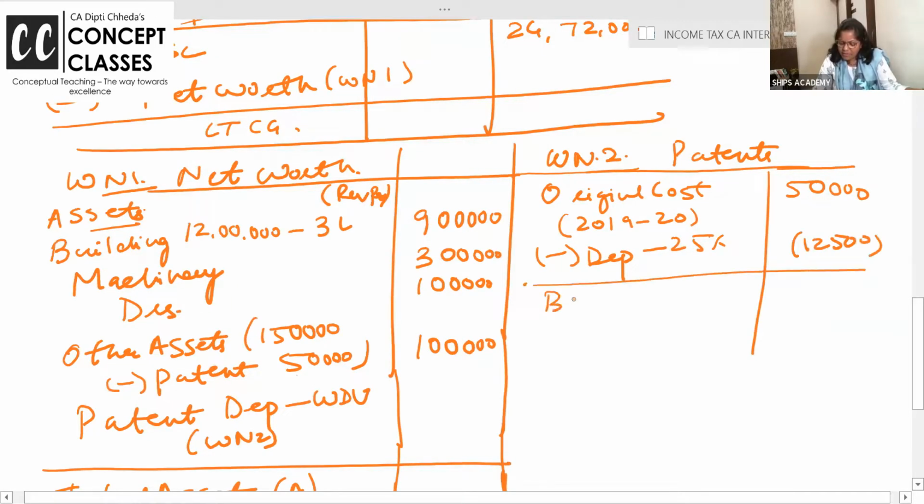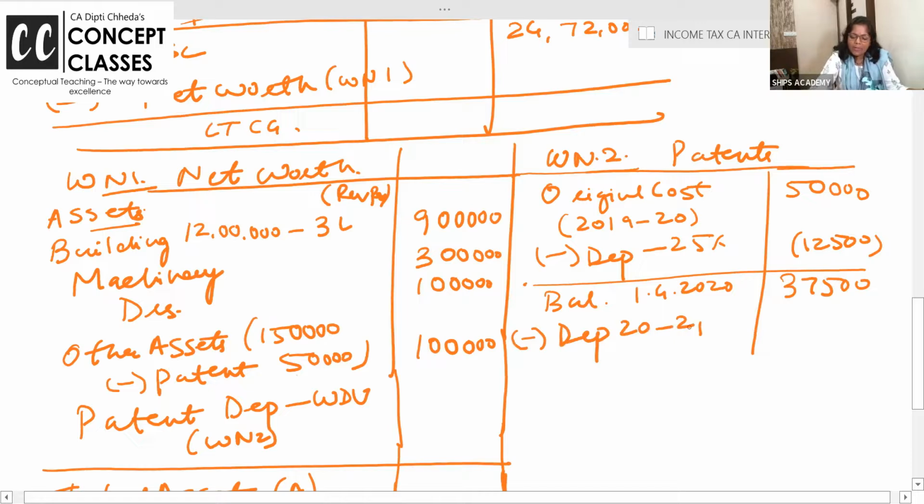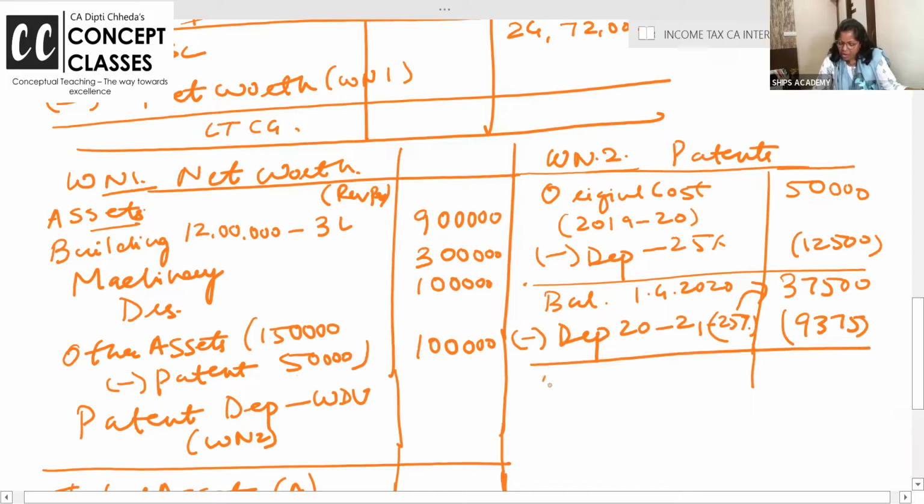12,500. How much is the balance as on 1st April 2020? 37,500. Again depreciate for the year 2020-21. 9,375. 25% is the depreciation on the WDV method, which is taught to you in foundation. Now the balance as on 1st April 2021 is